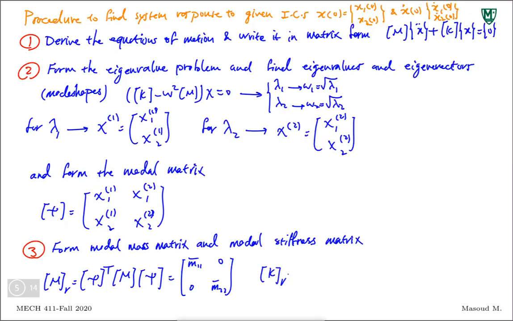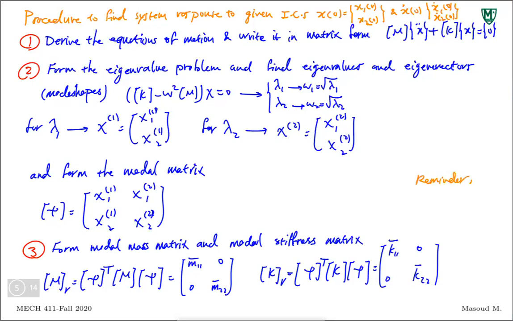And kr is psi transpose k psi, and once you do that, you're going to get a 2 by 2 matrix with off diagonal elements 0, and diagonal elements are going to be your modal mass and modal stiffness values. This is as a reminder